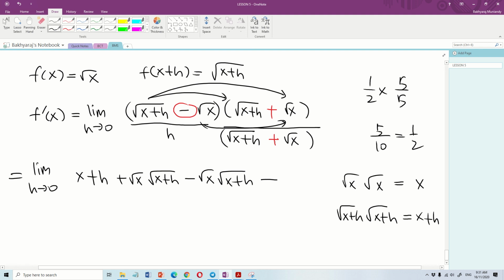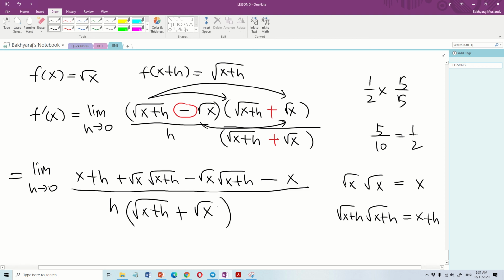So tolak square root x jadi x, divided by h times square root x plus h plus square root x. Okay, next saya boleh potong, x boleh potong. Okay, yang ini boleh potong sebab ni ada tambah tolak. Ini tambah, ini tolak. So definitely can cancel. Okay, so dy/dx equal